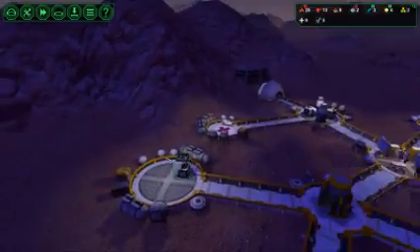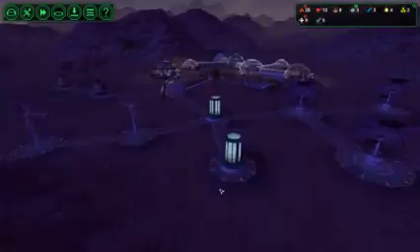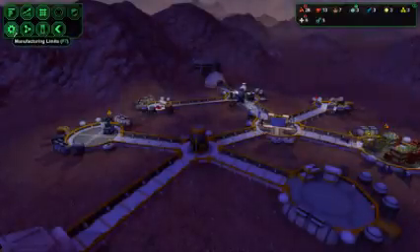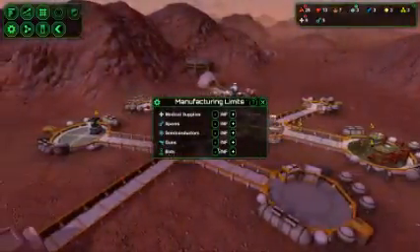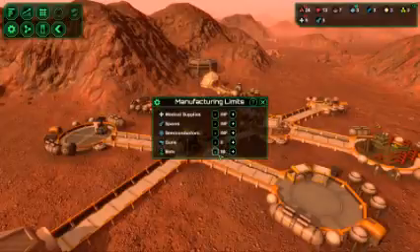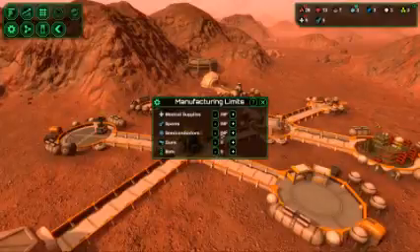Then you can just set this to high priority, so he's going to keep making spare parts. You can also set manufacturing limits, I believe. Manufacturing limits. Spare parts, yeah, infinite. So obviously you can set this to like, so when I eventually have them, I'd only want like 5 of each. Semiconductors,